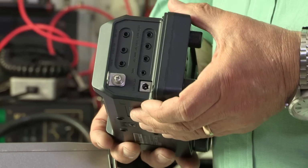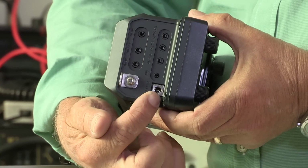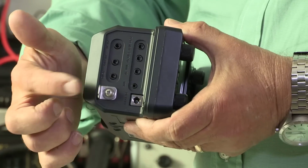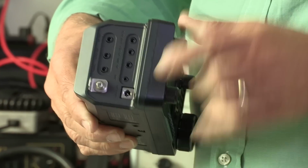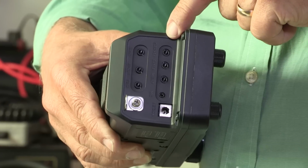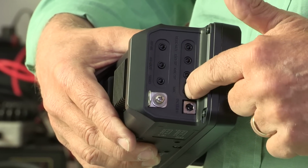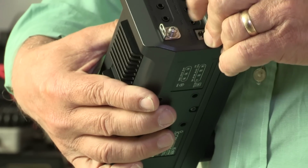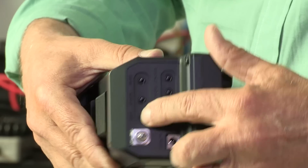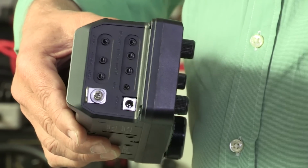Now looking down the side here, the sort of connectors we'd expect to find on a radio like this. Here's our socket for our 13.8 volts DC. We've got an earth tag here, and then we've got the usual sockets. We've got a keyer socket here, an extension speaker socket, and the speaker mic sockets here. We also have a send socket here, which is sort of PTT, but there's 2 sockets here you don't normally